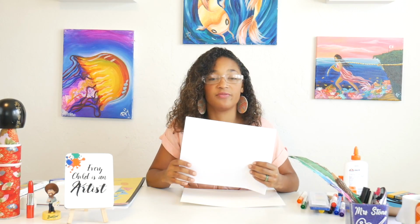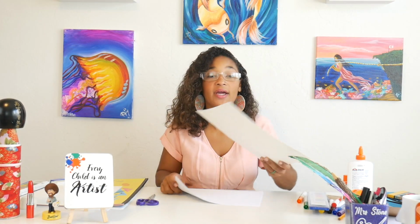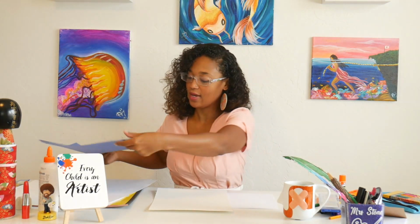And then you need a sheet of watercolor paper. Now the sizes for this is about the normal copy paper size of 8.5 by 11, and this one's a 9 by 12 watercolor sheet. Now if your measurements are not exactly the same, like mine isn't, don't worry about it because you can cut it. In your kit, you should already have your scissors, right? Of course. So you should have your white sheets of paper, your watercolor paper, and then you'll need a bit of construction paper. Choose a color that you like. I like blue, it's my favorite. So I have blue, scissors,